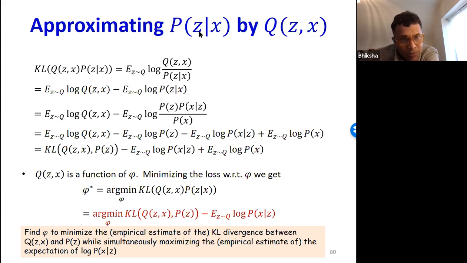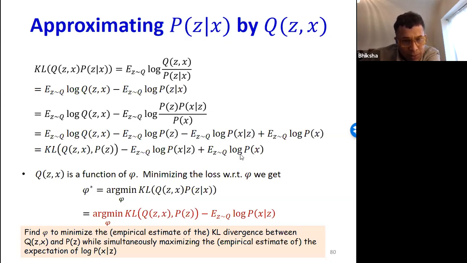So if you want to minimize the Kullback-Leibler divergence between P of Z given X and Q of X, you have to minimize, actually, here's what it is. This term here, the expectation over Z of log Q minus log P, actually ends up being the Kullback-Leibler divergence between Q and P. And then you retain this term.